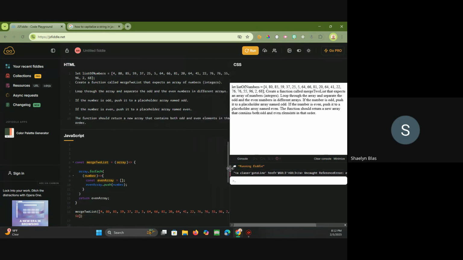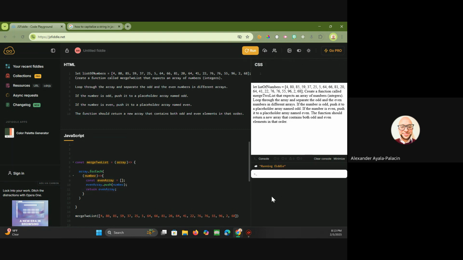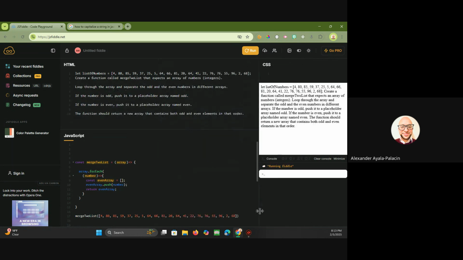And that's because of this idea of scope. So even array is a variable that only exists inside of this arrow function thing. Okay. And so that's one thing. We usually want to have access to it otherwise. And then if I return it inside of here, I think it's gonna go crazy. Let's see. Didn't even do anything. But if we console logged it just to represent it, see,